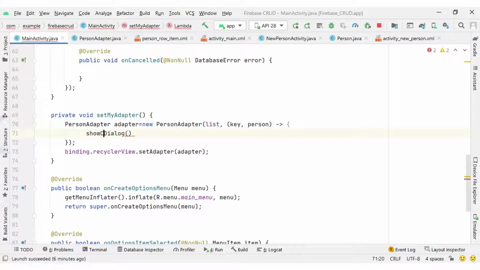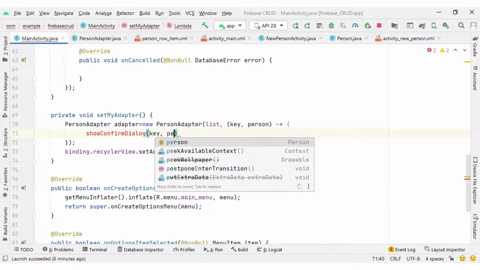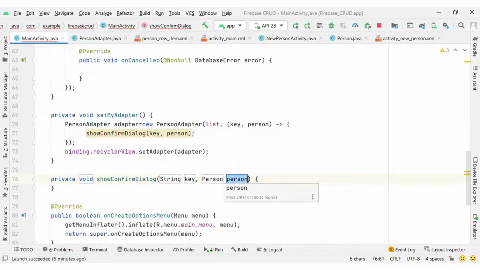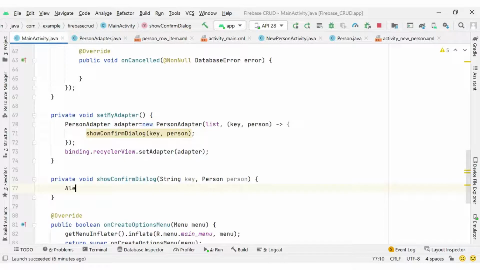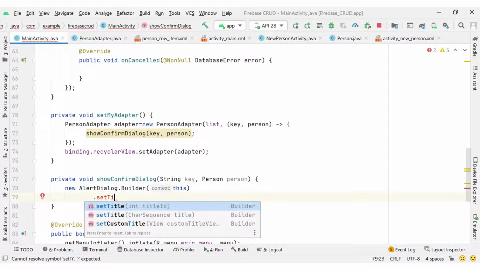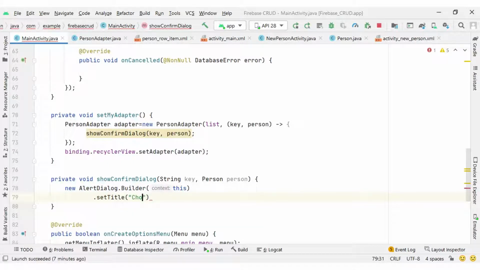So, a confirm dialog. With this dialog again I will pass key comma person, and I will create this method by Alt+Enter. So let's have AlertDialog.Builder and .setTitle. Inside the builder we need to pass the context, so I will pass this here. New AlertDialog.Builder.setTitle, choose operation,